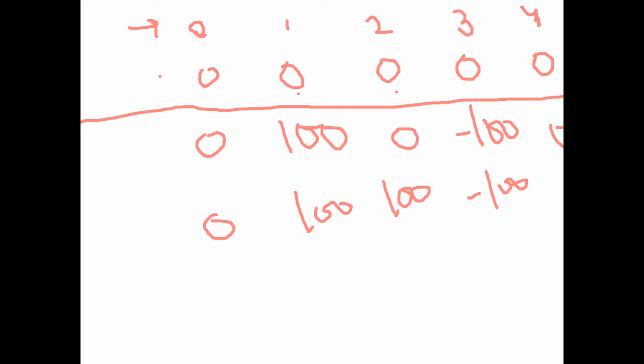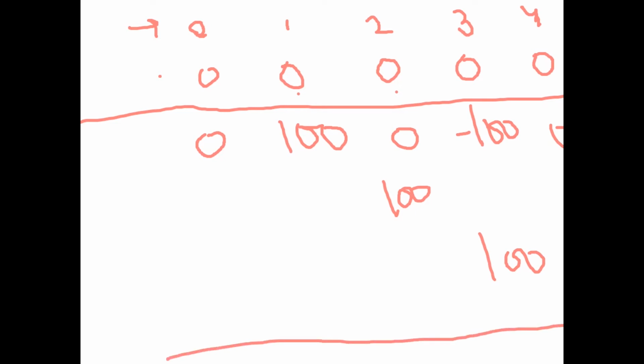So let's calculate all the elements now. Rather than doing it for all the elements, I'll simply put only the elements which are being queried, I mean the indices for which I need to update. So 2 to 5, whatever element I am changing, I will put only those elements. So this is 5, this is 5, this is 7. Okay, so we have all the elements. Now for 3 4, at 3 I have to put 100, and at 4 I won't put anything. I'll go up to 5, and then I'll put minus 100.